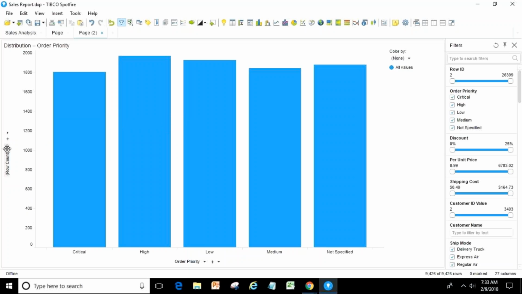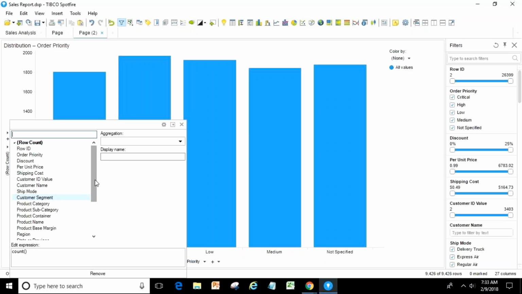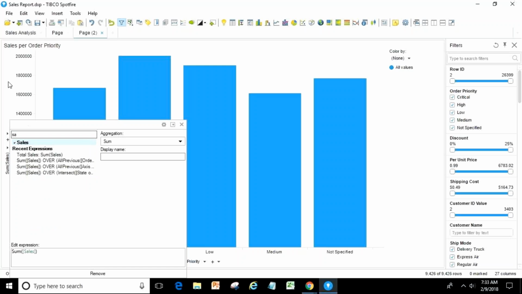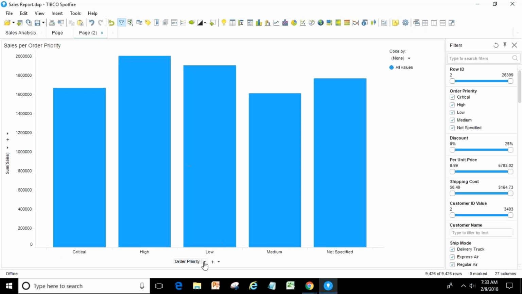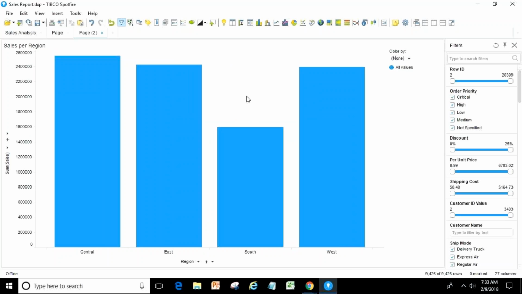Okay, you can go to the properties and select the columns, or you can do it from here itself. Just click on this, you will see all the columns available here, and you can select sales. If you have many columns, you can search also. So the sales column came up here. On your x-axis, you can again choose any of the columns, which will help you see the numbers. Let's say region. So I have taken sales per region, which gives me a bar chart showing regional bars, because I have 4 regions and their sales.